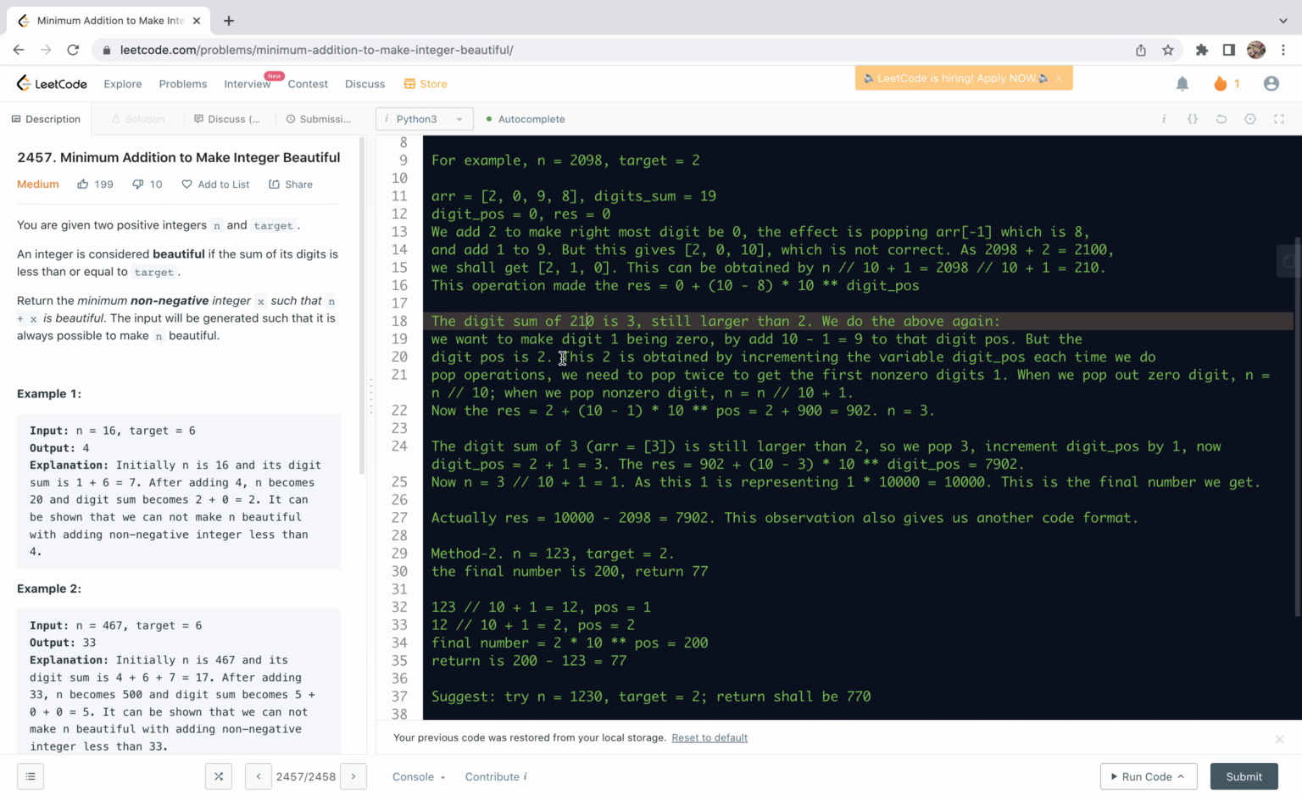So in this case, this 2 is obtained by incrementing the variable digit position each time we do a pop operation. For example, we pop 0, right? So the digit position is tens, and then we pop 1, so this corresponds to hundreds, right? Here we want to notice that each time we do a pop operation, we need to increment the digit position variable, right? So we increment it twice, and then the corresponding number is going to be